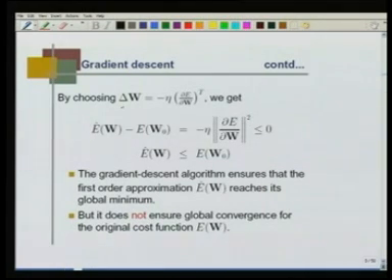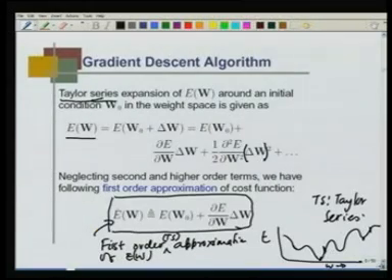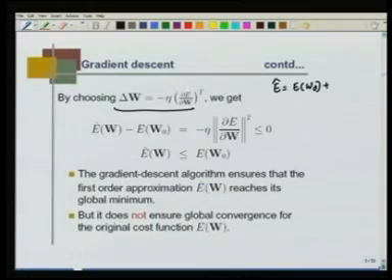If I replace this delta W in the previous expression, E hat is E(W naught) plus del E upon del W times delta W, by minus eta del E upon del W transpose,